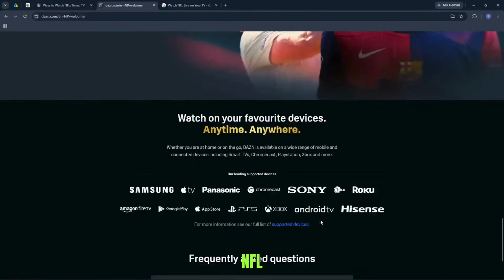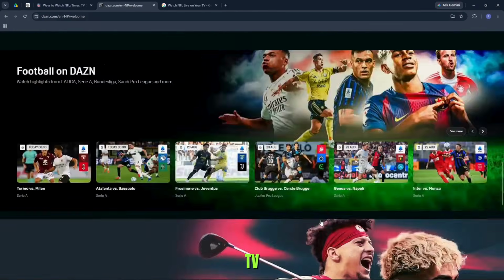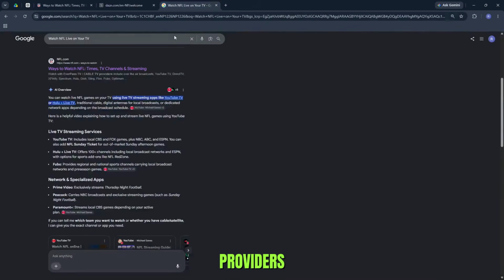You can also watch NFL games through live streaming services such as YouTube TV, Hulu + Live TV, Sling TV, or other supported providers. Simply download the service's app on your TV, sign into your account, open the live guide and find the channel broadcasting the game. You can also use the NFL app and connect to your TV provider if the game requires